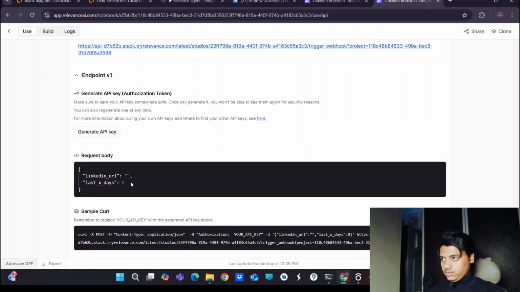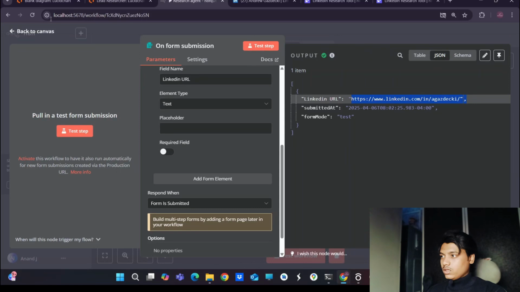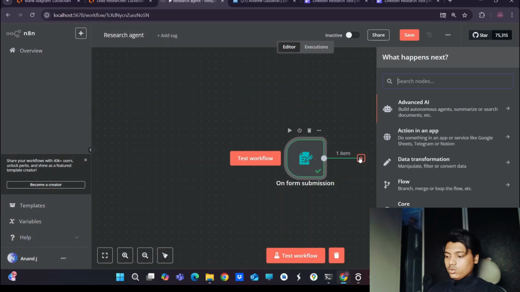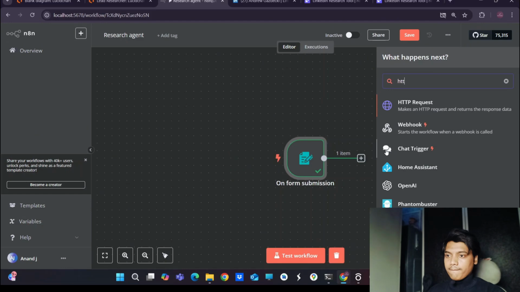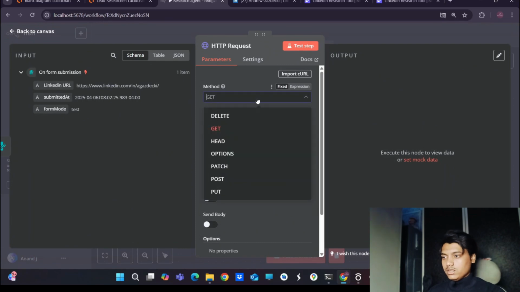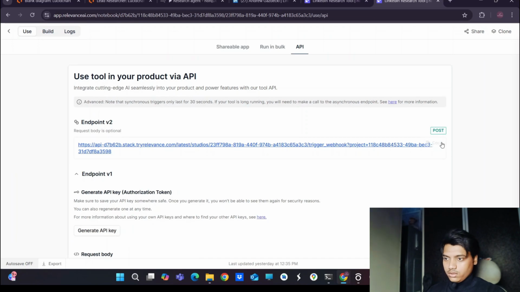So let's first go to our research tool, then back to the canvas and add the node, that is the HTTP request node. In the HTTP request node, the method which we are using is POST. Select the POST option here, then the URL. The URL is this. We can use this endpoint. Just copy this URL